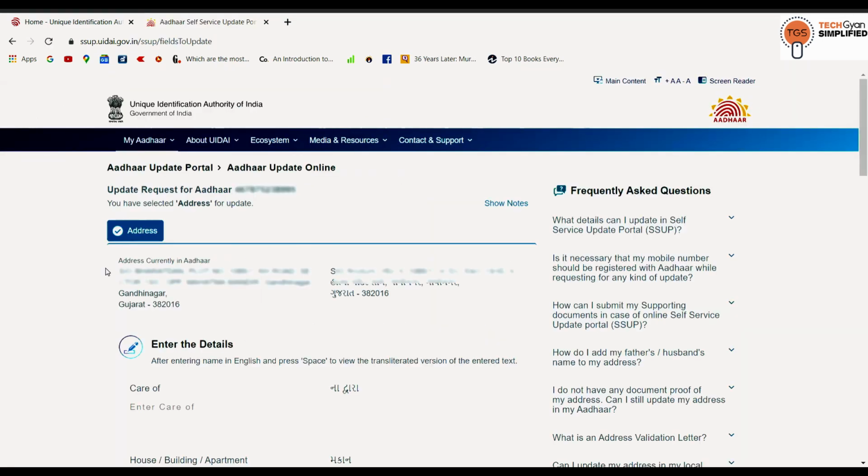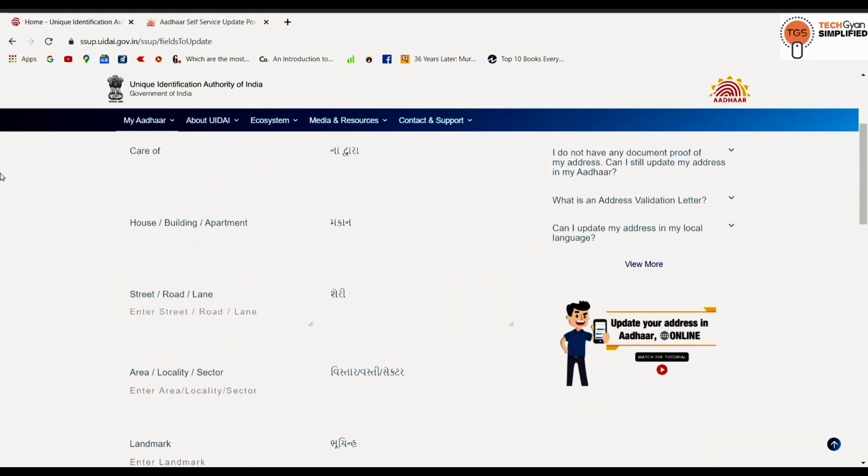Okay, so here is the current address printed on your current Aadhaar. So just have a look on that. And below is the form in which you need to enter the details of your address which you want to update in your new Aadhaar card. So just let's enter it.